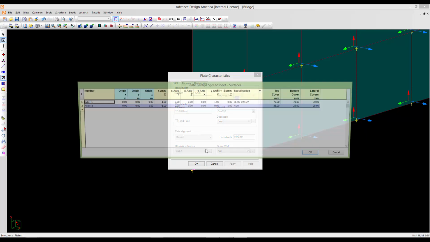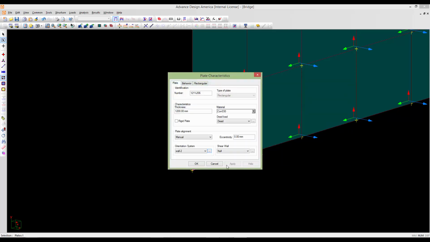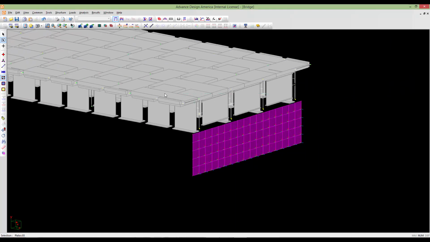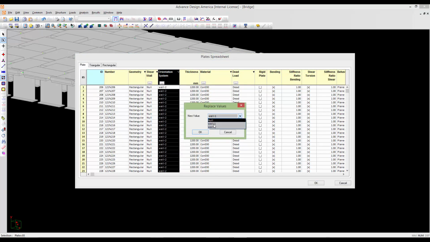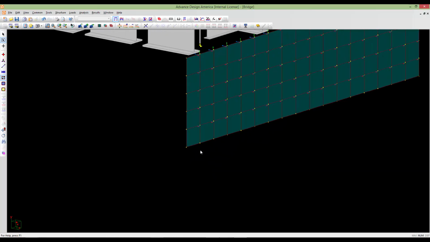So if I check my wall 2, you need to modify this one as well. So this one will be 1 and this one will be 0, and also assign your design here, the covers same as abutment 1, and click OK. So right now I'm going to try to reassign wall 2 again. Okay,